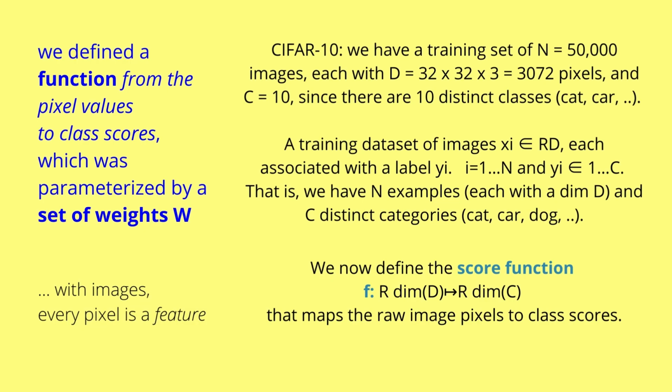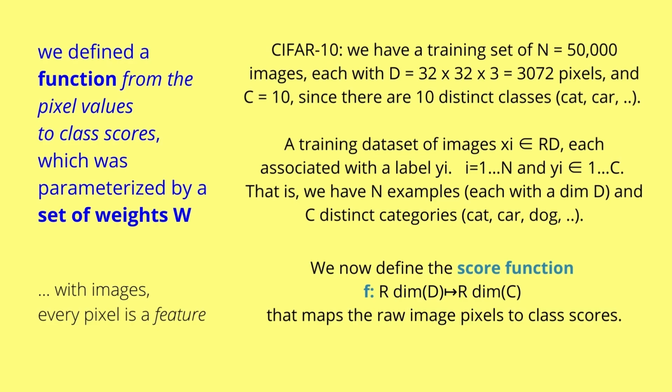Well, what does it actually mean? On the right side, I'll show you an example. We have a training set of 50,000 images, 32 pixel times 32 pixel RGB, and we have 10 distinct classes. I want to know, is this object in the picture a cat, a car, a house? 10 classes. So we now define a score function f from R^D to R^C